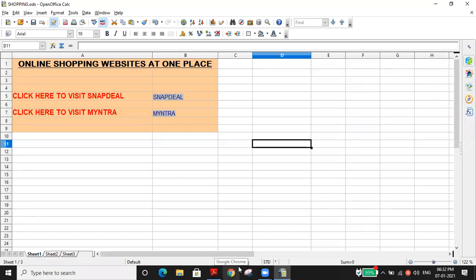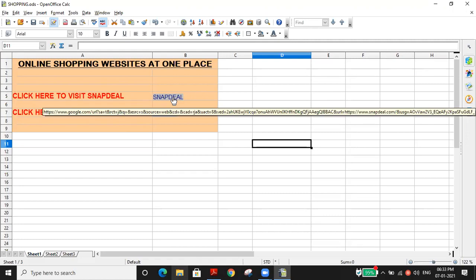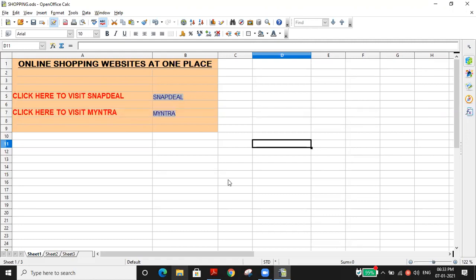Yes, sir. So instead, if your father or, just for example, I'm saying, it does not mean that your father doesn't know, everyone knows that very well nowadays. For example, if your grandfather or grandmother don't know how to open the website, you can make it as a hyperlink, so they just open the file and click on the site which they want to open, that's all. We can give a very detailed description. I have just given now, click here to visit Snapdeal website. Likewise, we can give a title, whatever type. We can make it a little colorful, so it will be very attractive and very easy to identify.